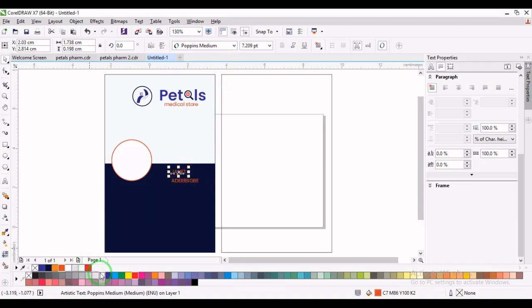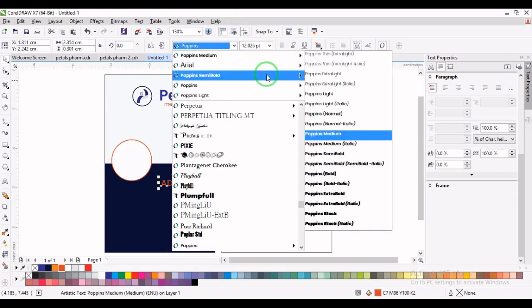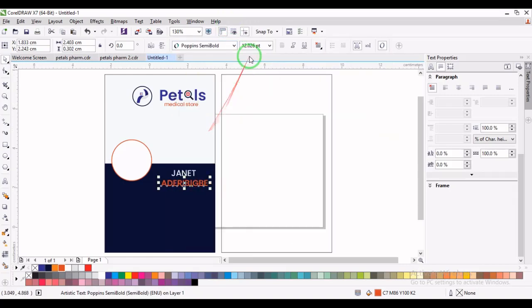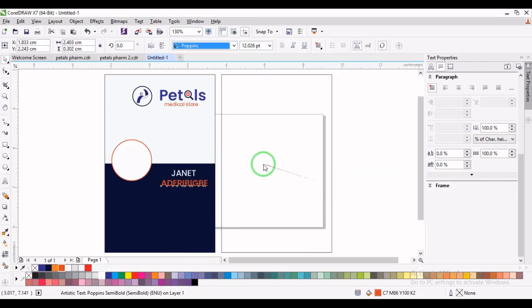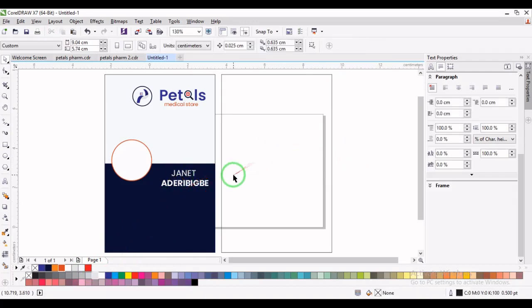So this is going to be white, and all right, so this is going to be a shade of black. Okay. All right. So the next thing I want to have is